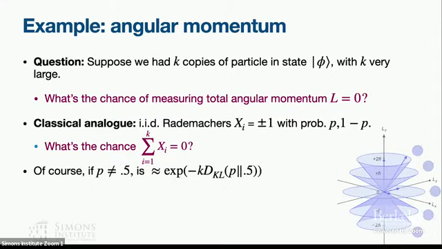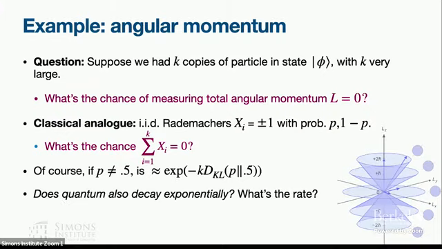And there are these Chernoff bounds, which tell you pretty much exactly what the rate of decay is. If p is exactly 0.5, then you get basically 1 over root n, or 1 over root k. I've omitted the polynomial factors here; I only care about the exponential ones. But if p is not 0.5, you get an exponential decay. Okay, and so the question is,